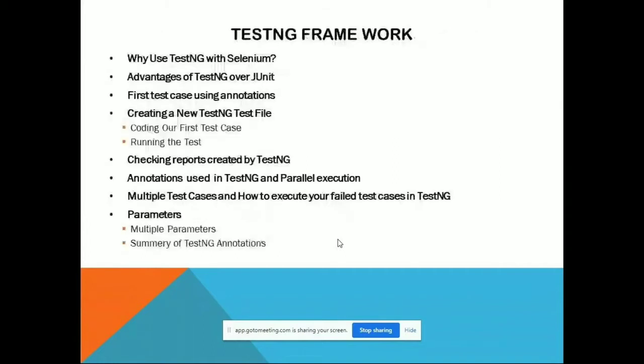Before writing the Selenium scripts, the basic thing we require is that we need to organize our Selenium scripts by using the TestNG framework. The TestNG framework is to organize your scripts. Generally, launching code will be there, the main test will be there, and how to quit the browser. These are all the concepts involved inside TestNG. Whenever we have a particular requirement, based on that requirement we are going to use TestNG annotations. Those are the things we are going to discuss, and how to report in TestNG also we are going to discuss. Parallel execution, multiple scenarios. These are all the things we are going to discuss.